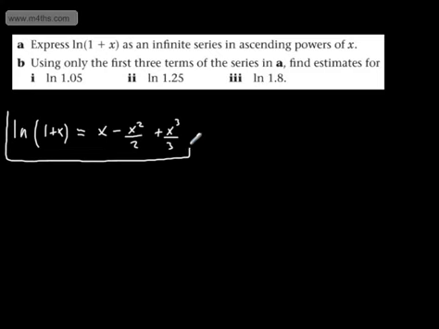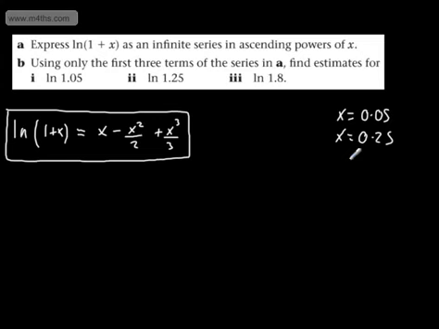What we've been asked to do, this is the first part now, I've only expressed the first 3 terms. We need to find estimates for natural log of 1.05, 1.25 and 1.8. Let's just consider then on the first one, what we'll do is take x to be 0.05. The next one we'll take x to be 0.25. And then we'll take x to be 0.8. And we know the further that we're going to get away from 0, the less accurate this is going to be. So if we think about what we want then, we could now say that the natural log